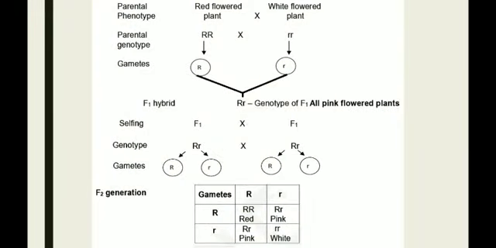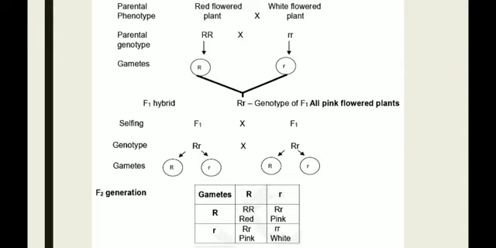See, the parental phenotype: red flowered plant crossed with white flowered plant. The parental genotype is RR crossed with rr. The gametes obtained are R and r. Then in the F1 generation, all the hybrids are pink flowered plants, the heterozygous condition, Rr.